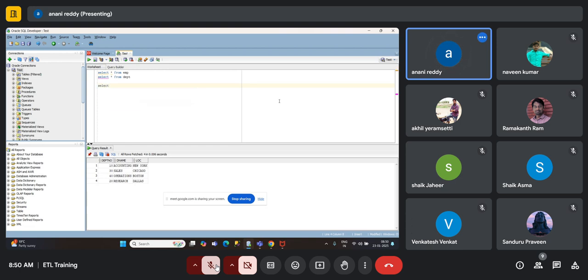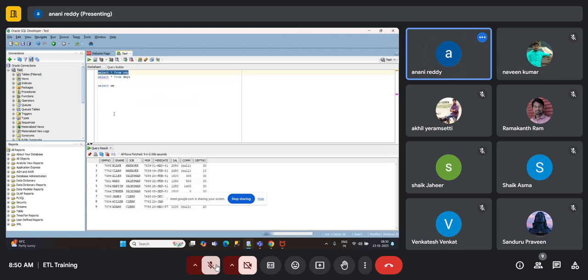Select employee number, e name, salary from EMP. When you are doing union,